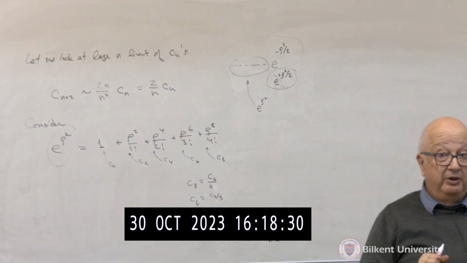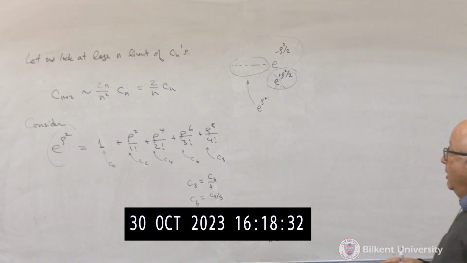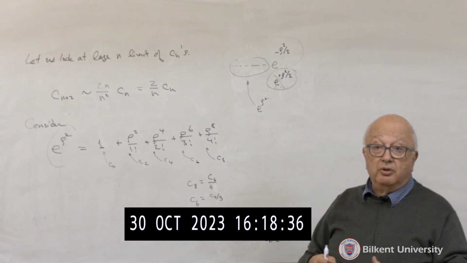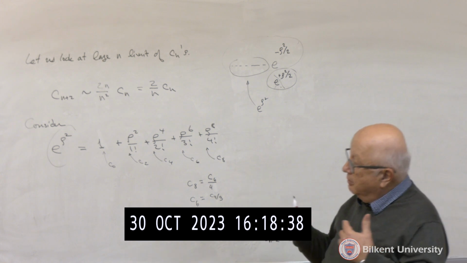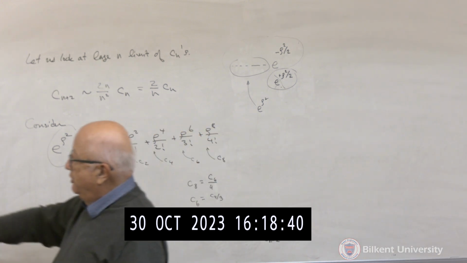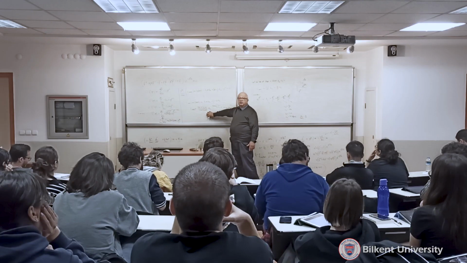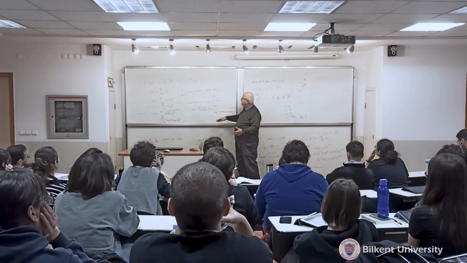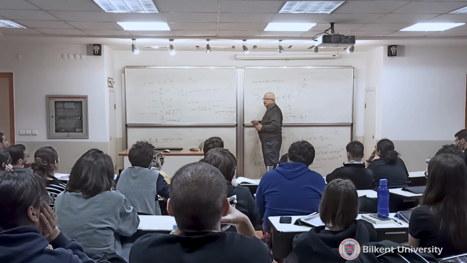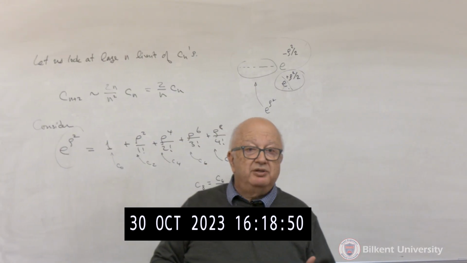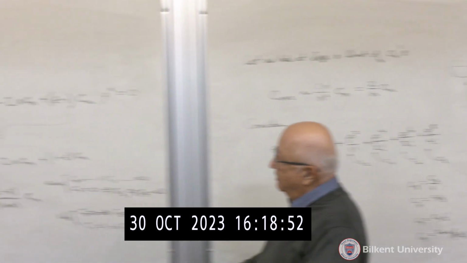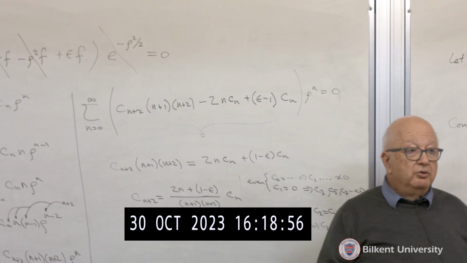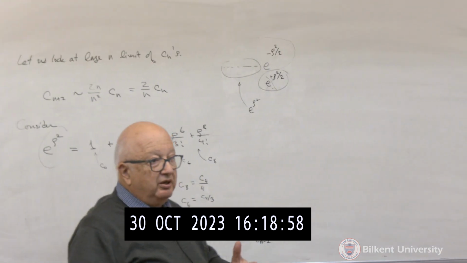Okay, and that's something we don't want. So how can we get away with it? How can we still use these recursion relations, but not get this full function? The trick is to truncate the series at a certain n. So if you truncate your